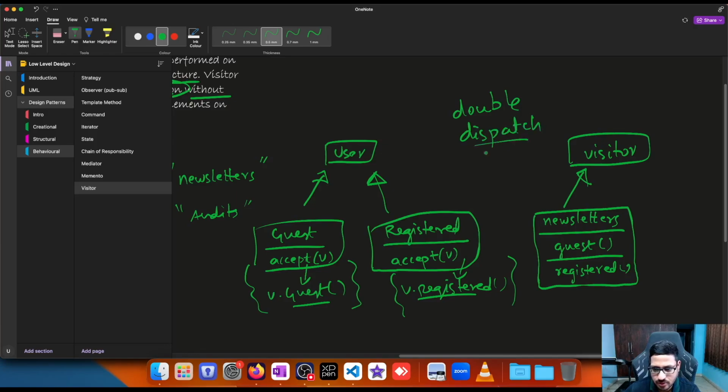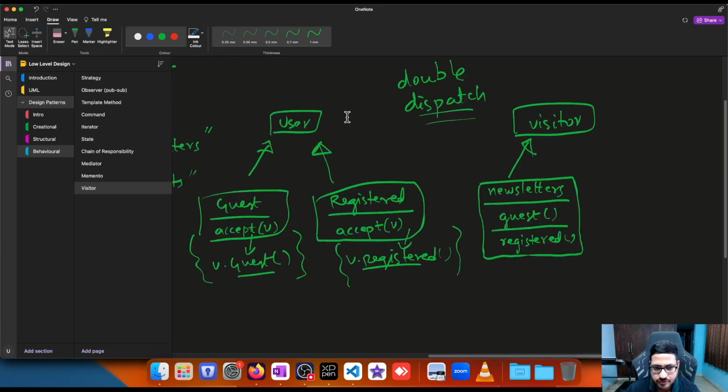So why are we doing all this? What is the advantage we are getting? We are able to retain the original structure. We don't need to change the structure for any new feature. So this is the first feature. Let's say I'm adding a second feature